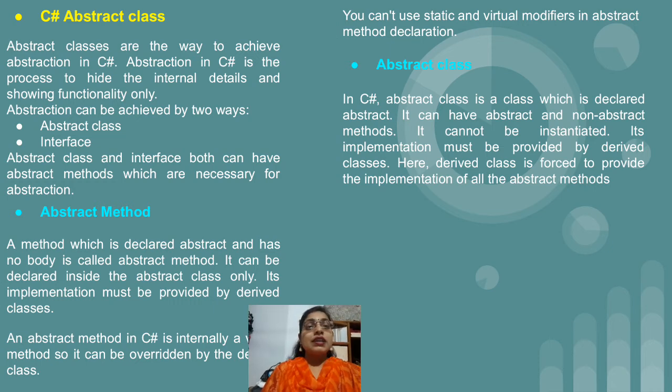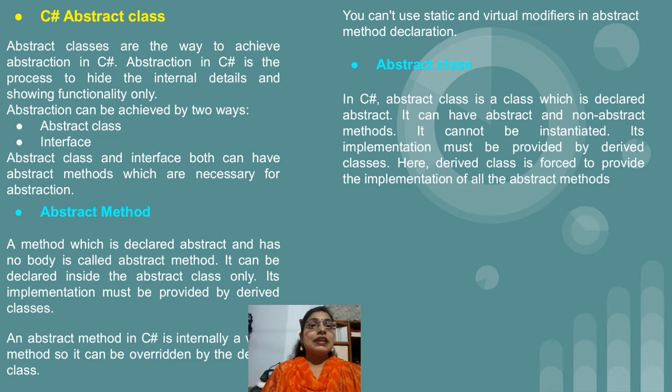So in case of abstract, if we declare any abstract method in a class, then it is by default virtual. So whichever class is inheriting the abstract class which contains an abstract method, that class will make use of the override keyword to access the abstract method. So this is a very important point: abstract methods are virtual in nature, so the derived class should override that particular method.